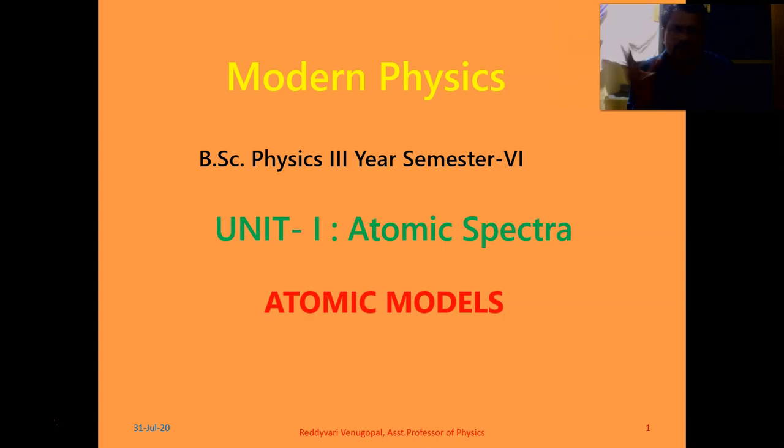Like that, atoms are the basic constituents of matter, and atoms again consist of electrons, protons, neutrons, and so on. But today we are not going to discuss electrons, protons, and neutrons, those kinds of constituents of the atom. Today we are going to discuss how the atom is made up, and what the different atomic models are, and try to explain the atomic models.